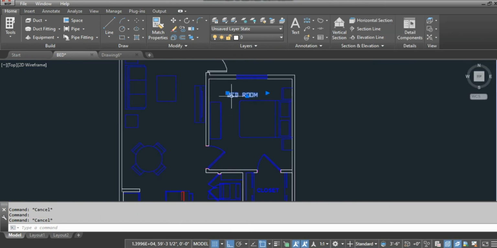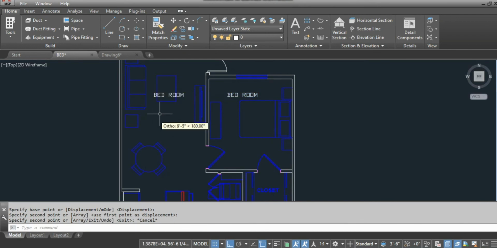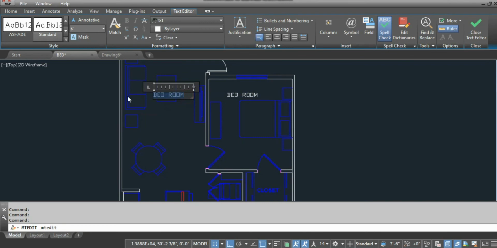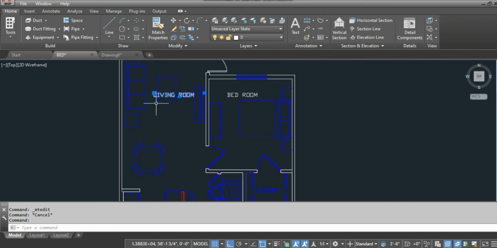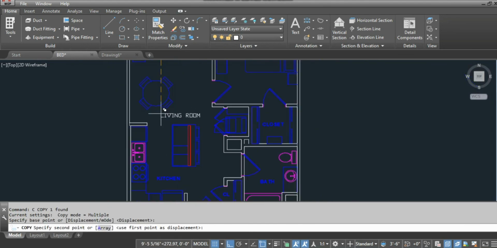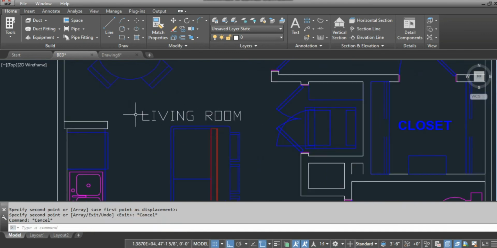so for the living room we click it, copy, C enter. Now we choose the living room and simply double click and change it to living room. You can change the size for this. And again click C enter. For kitchen